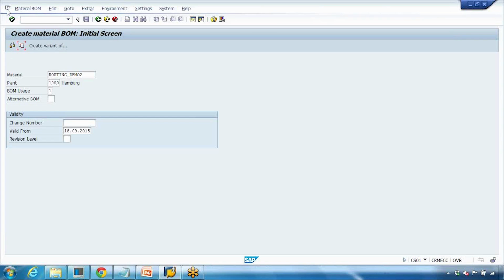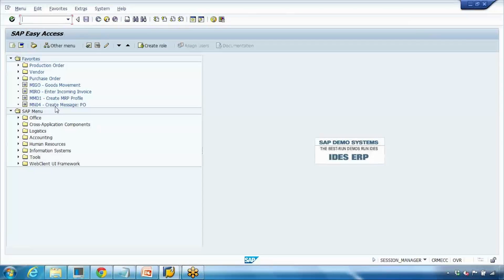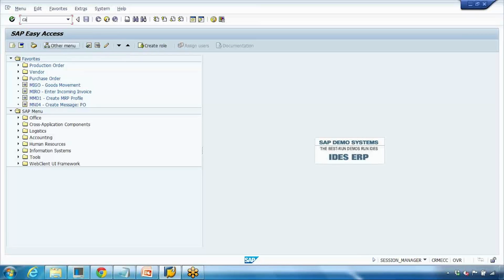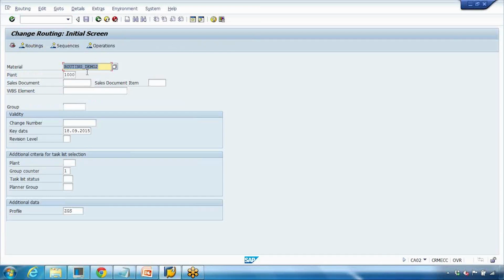Let me cancel it. For some reason it's taking a while, so we'll stop this transaction. Okay, so let me go back to the same routing, group routing,